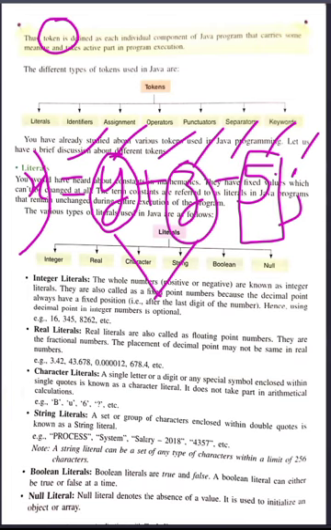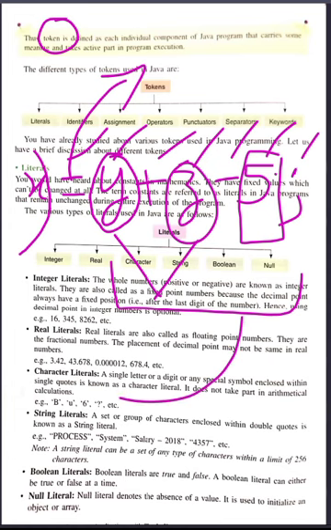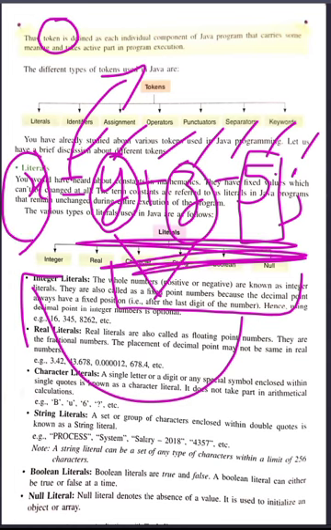This equal symbol is the assignment operator. Whatever is given on the right hand side goes into the left hand side variable. So after calculation, x will store that value.